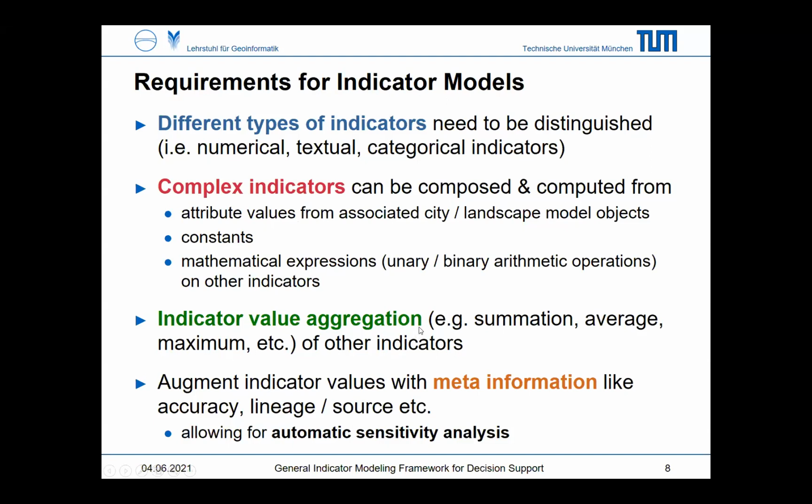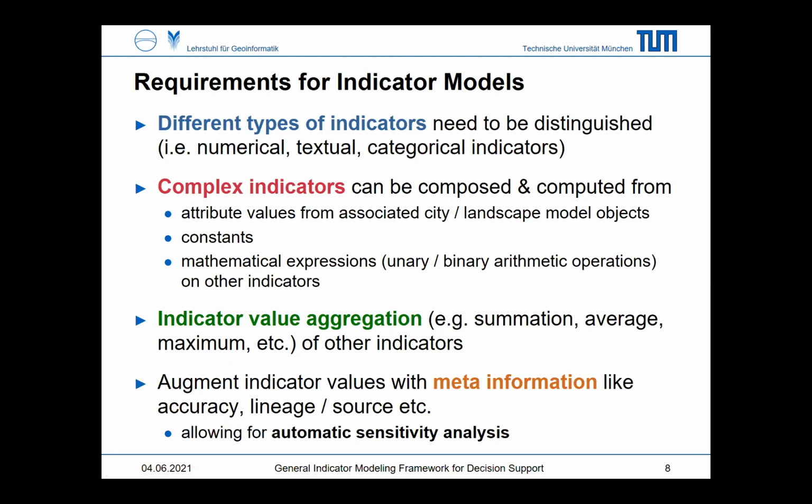So for example, the heating energy demand for a district consists of the heating energy demand for all individual objects in that district. And that can also be expressed using UML. What we can also do is augment indicator values with meta information, like accuracy, lineage, source, etc. And if you were able to model, for each individual indicator value, also the accuracy, you can then